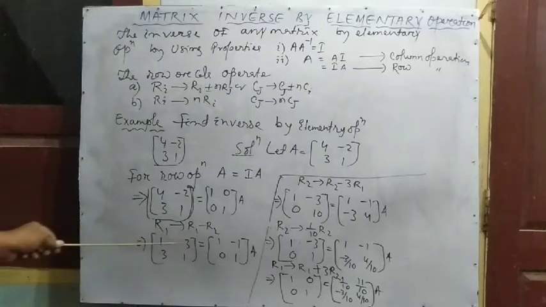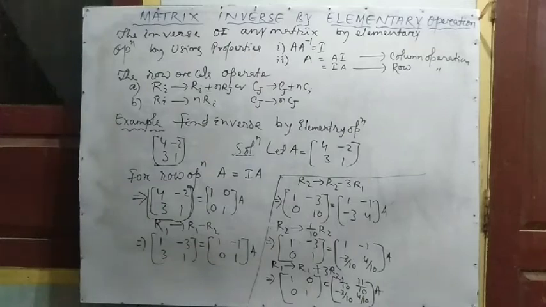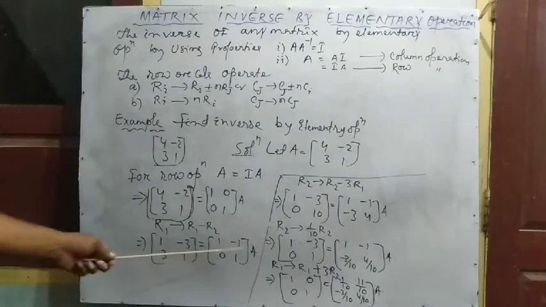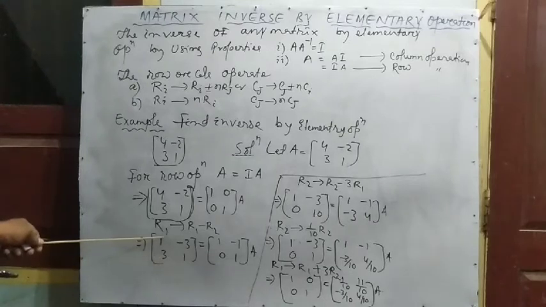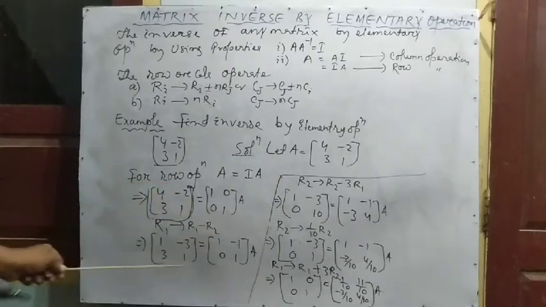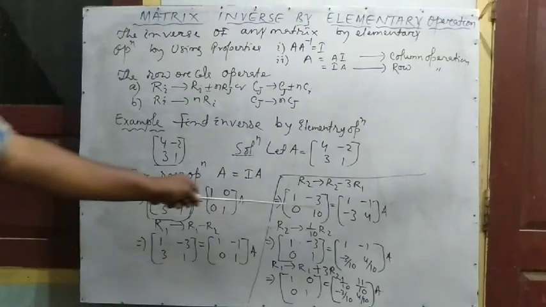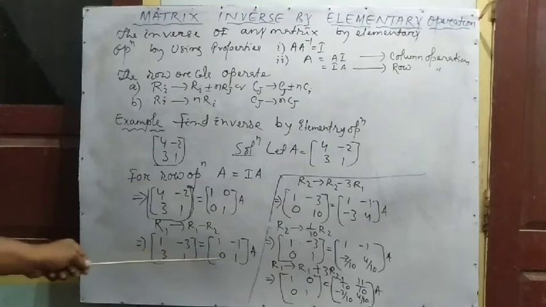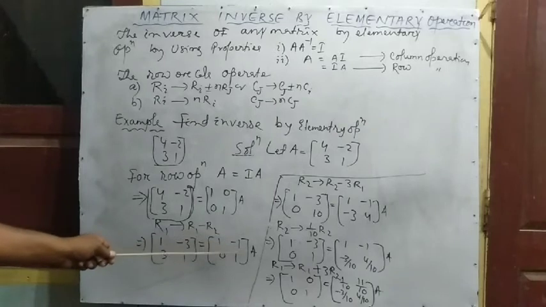So here 1 minus 3, 1 minus 1 you write in row number 1. Exactly same element. But in second row you will get, in second row 3 minus 3 times of 1 equal to 0. 1 minus 3 times of minus 3 equal to, this is what? Plus 10, because minus minus plus. 0 minus 3 times of 1 is minus 3. 1 minus 3 times of minus 1 equal minus minus plus. Here it is what? Plus 4.